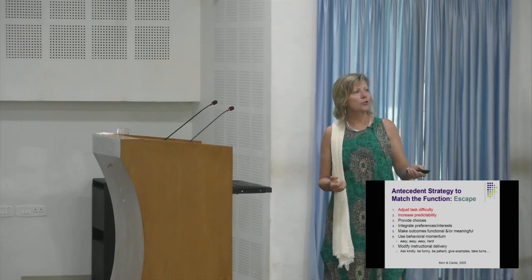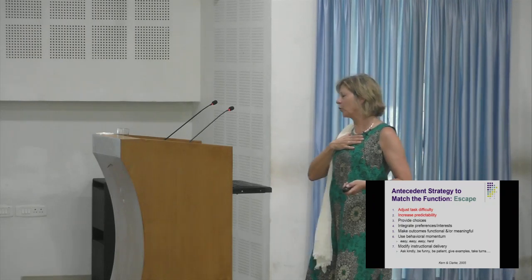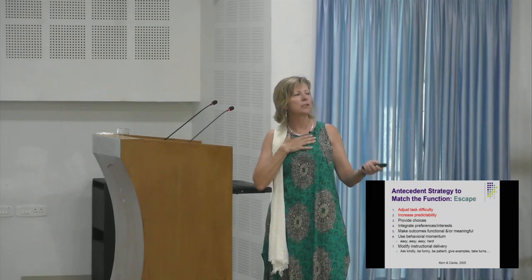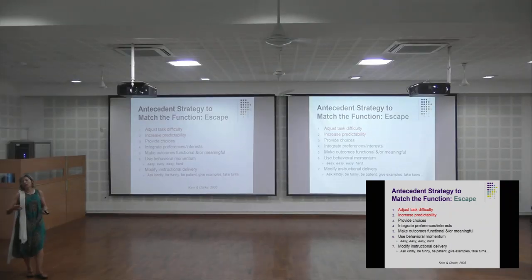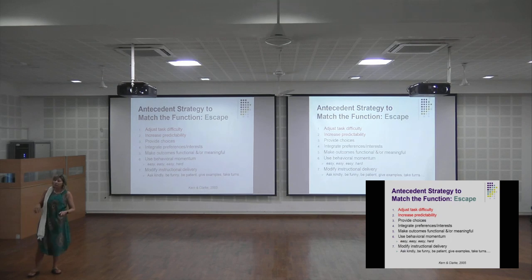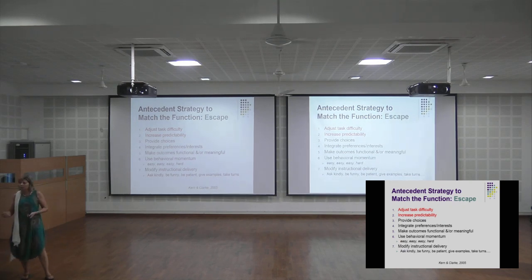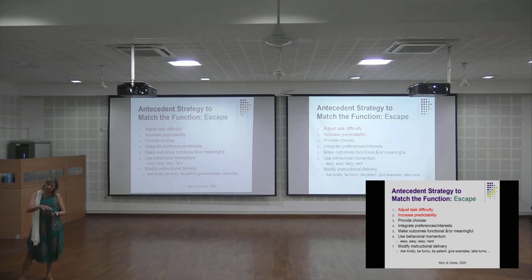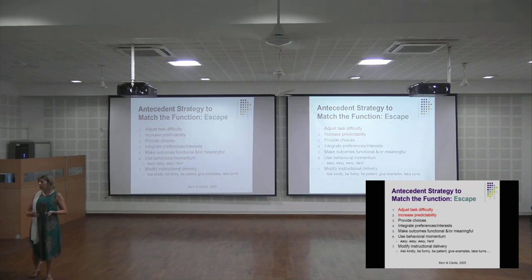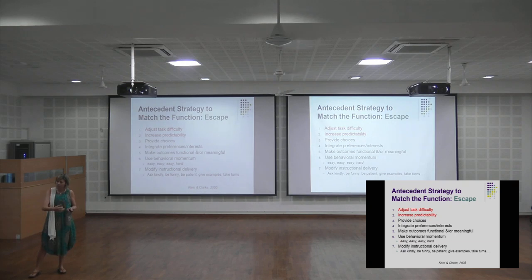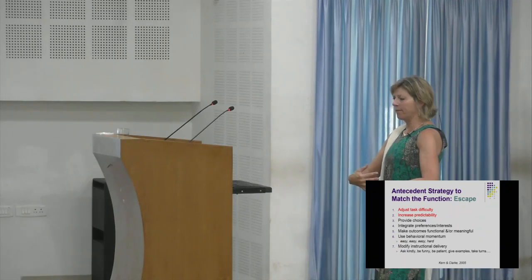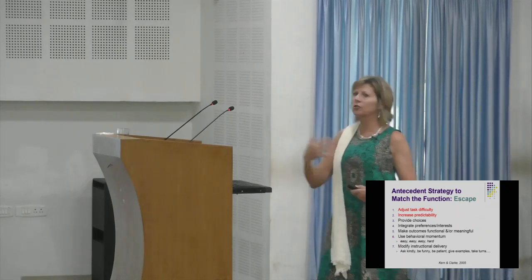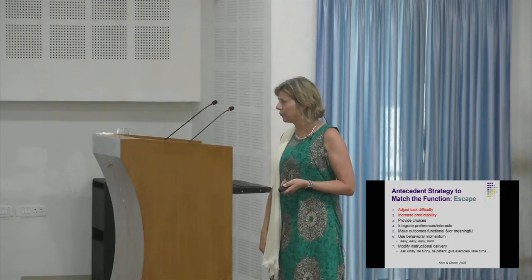Here, modifying instructional delivery. So that's another part where we come in. We certainly up here make some decisions about how we'll present stuff, but right here it's modifying how we are. We're kind, we're funny, we're patient, we give examples, we take turns. For example, if the child is having a difficult time with something, we take turns, so we're continually modeling what we want the child to do. And we're even helping them somehow, as much as we can, so they're successful. Then we can gradually back off with the amount of support we're giving as the child starts to engage in the activity more and more.